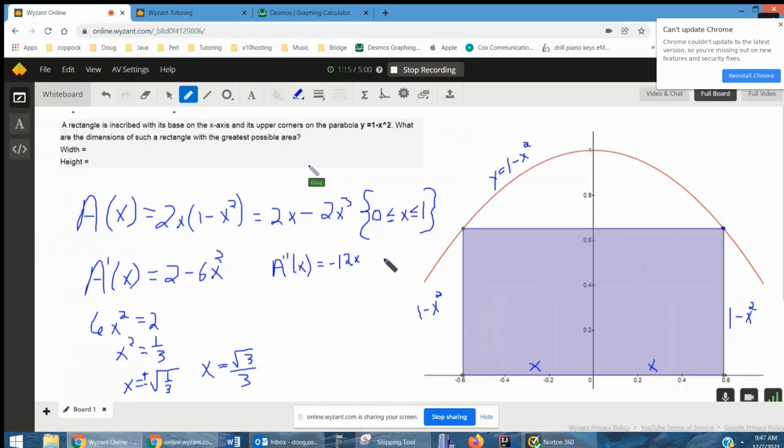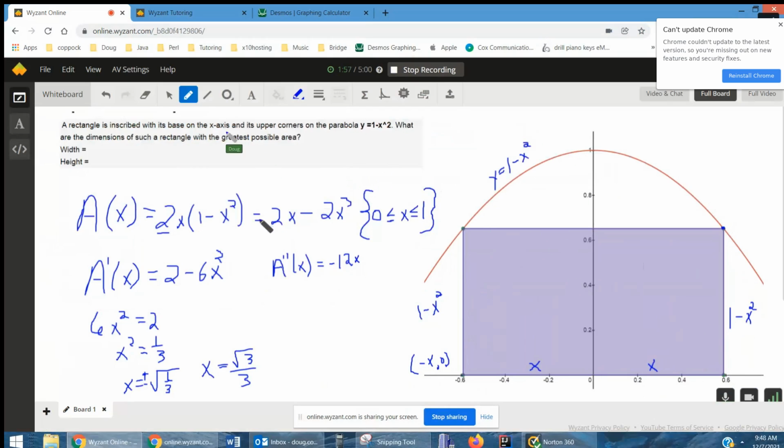So we need a formula for the area of this rectangle. I chose to let this distance right here be x. And that means that this height right here is 1 minus x squared, that x value squared. Of course, if I use coordinates, this will really be negative x comma 0. But the idea is that the length of the base of this rectangle is 2x, and the area of the rectangle is length times width, or